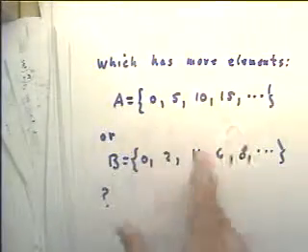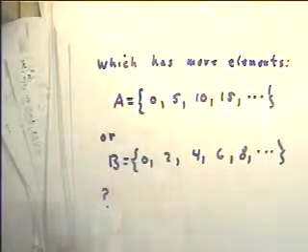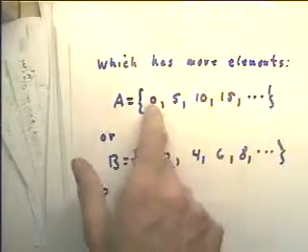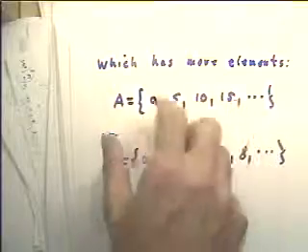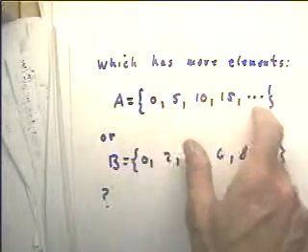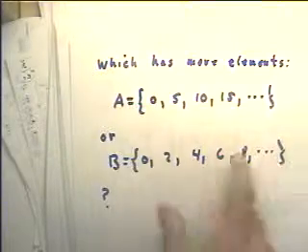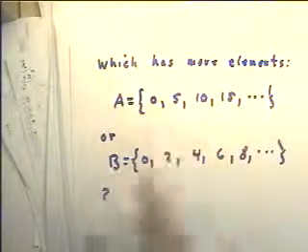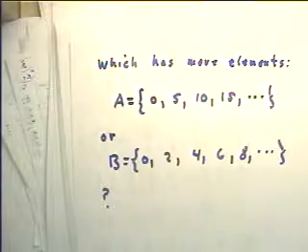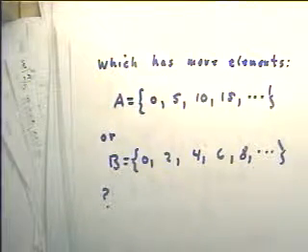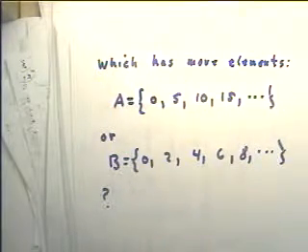Which of the two sets listed here do you think has a greater number of elements? The set A consisting of 0, 5, 10, 15, in other words counting from 0 by 5s, or the set B consisting of 0, 2, 4, 6, 8, and so forth, counting by 2s. Now there are two ways to think about this, and we want to get precise about exactly how we can